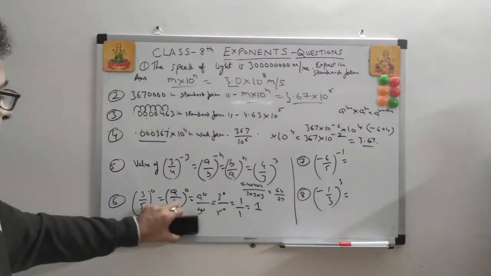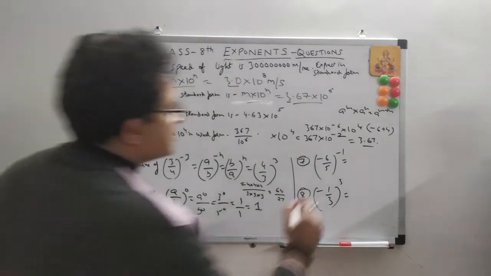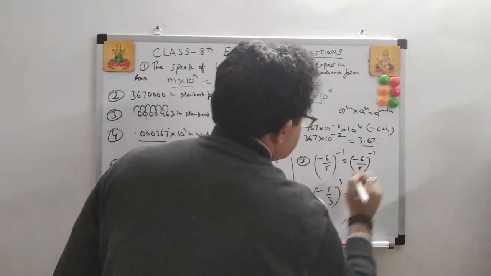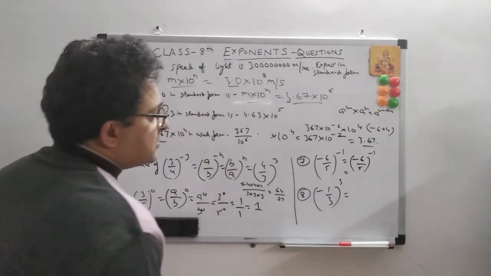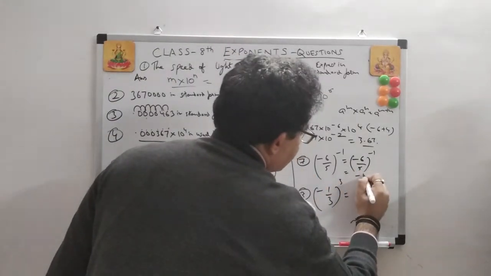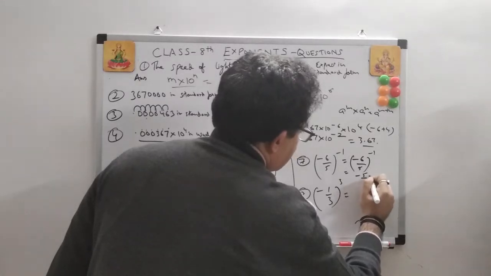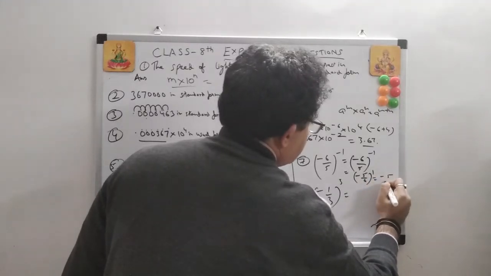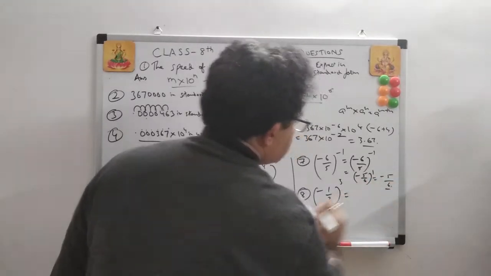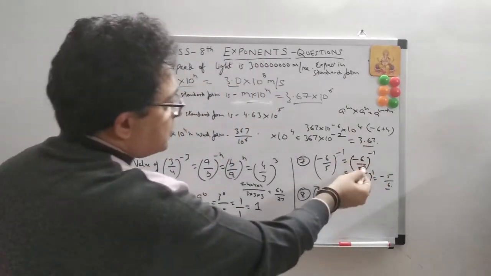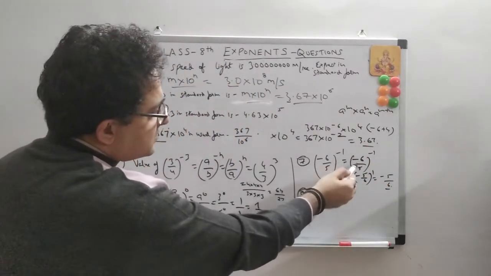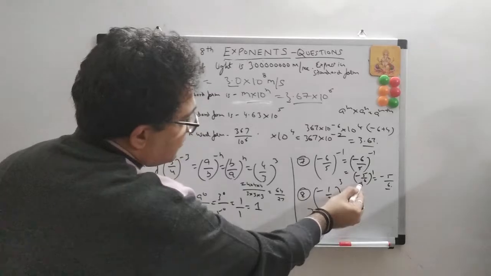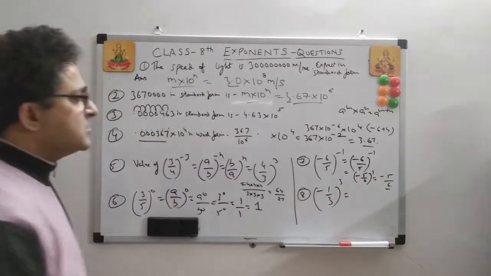Now another question, (-6/5) to the power -1. So this is a negative sign, so this is a negative integer. This is minus 1, so I will reverse the order and the sign will be the same. Sign won't change. And this will be 1. So this becomes -5 upon 6. See, this is minus 1. This has to be 1. So I have to reverse, make it reciprocal. When I make it reciprocal, it will be 5 by 6, but the minus sign will still remain. This is (-5/6) to the power 1. This is -5 by 6.